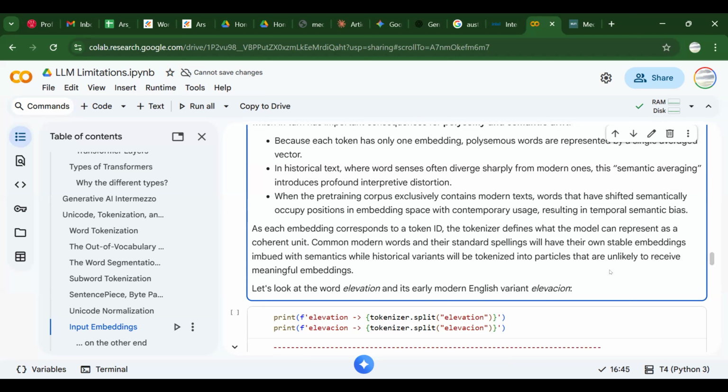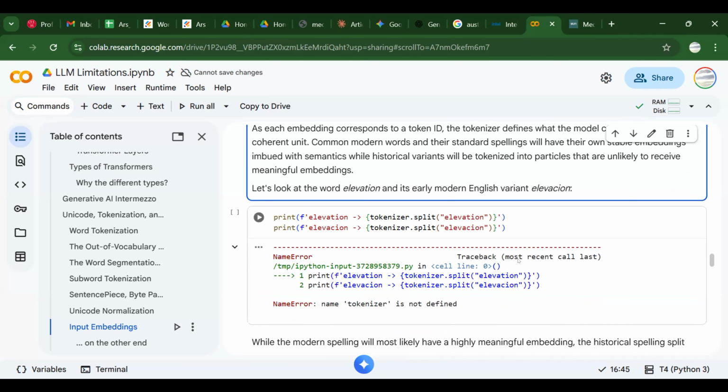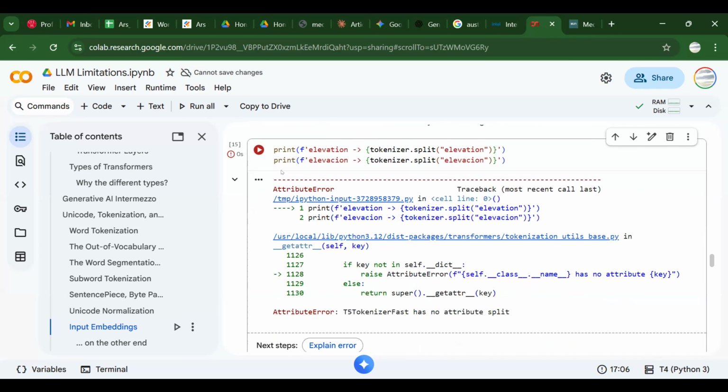Which then means that for common modern words and their standard spellings, you will have really stable embeddings that are imbued with lots of semantics, while for the historical variants that have all kinds of spelling differences, you will not get meaningful embeddings. So if you got these two historical spelling variants for elevation,